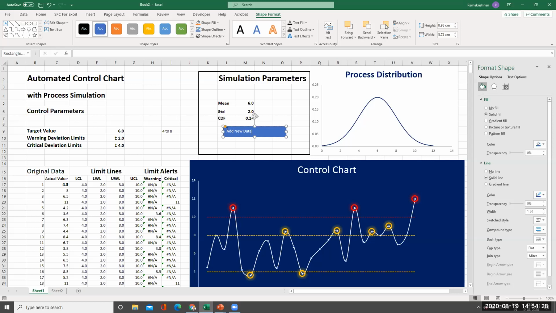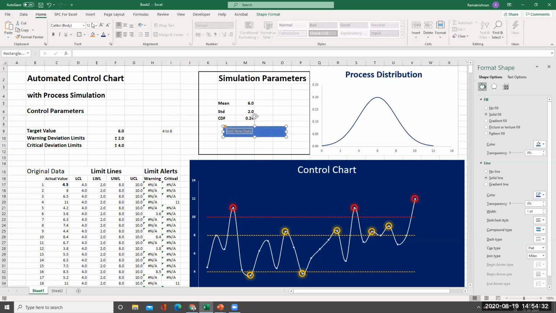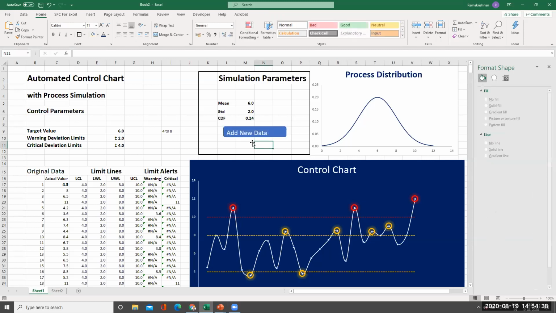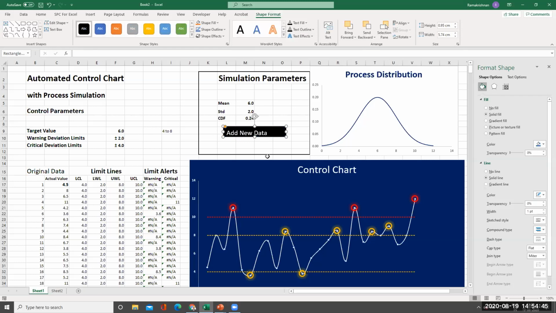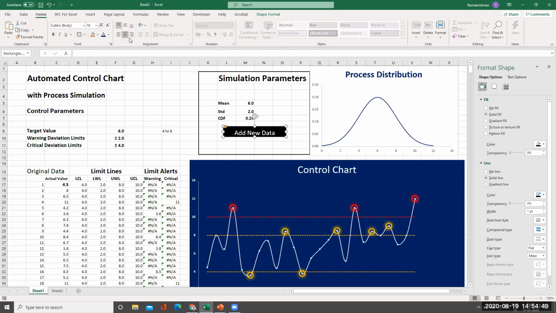And then I will make this centered in Home. And this color also I'll change to black. It will be better, I think. Then I'll center it. Right. I will copy one more, Control D.